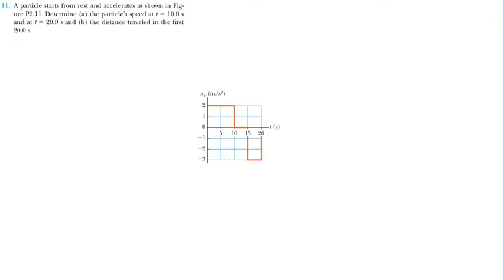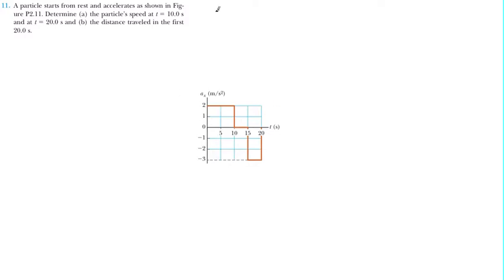Figure 2.11. Determine A, the particle's speed at t equals 10 seconds and at t equals 20 seconds. Then B, the distance traveled in the first 20 seconds. Alright, so how I like to think of this is that since this is a function of acceleration, we can